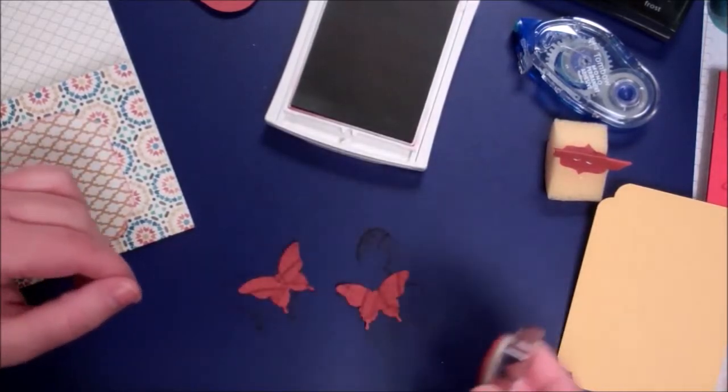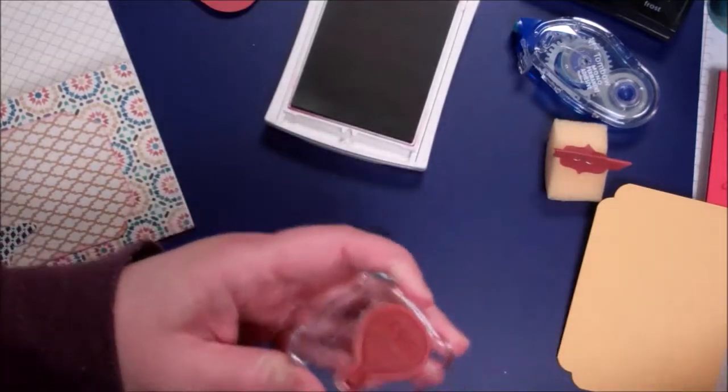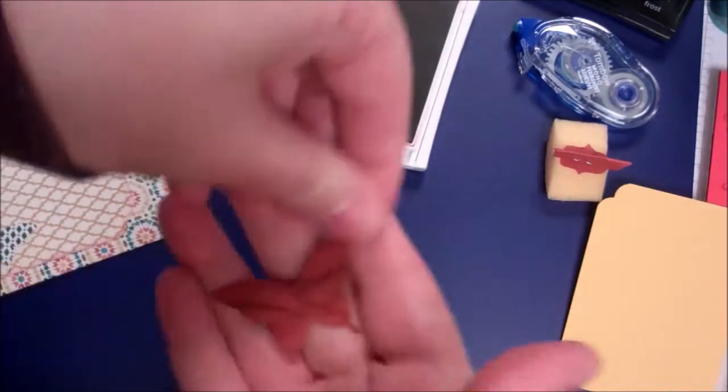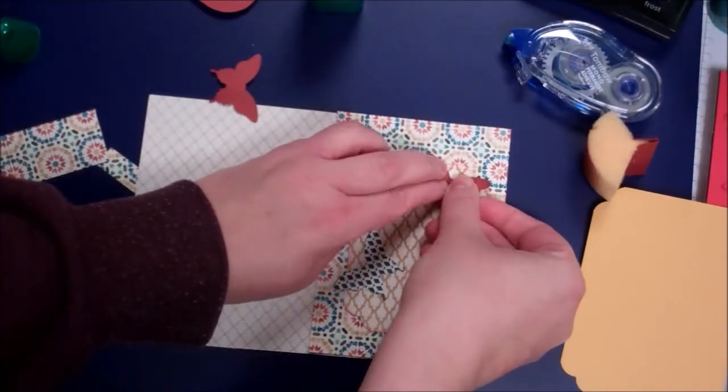out of balloons. Nobody will necessarily know it other than us, but you know, it's an extra little touch that adds some dimension and interest to it. So it gives our butterflies a little pattern. Bend them a little bit and put them